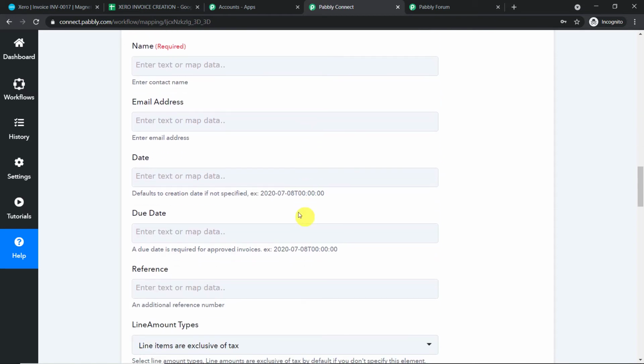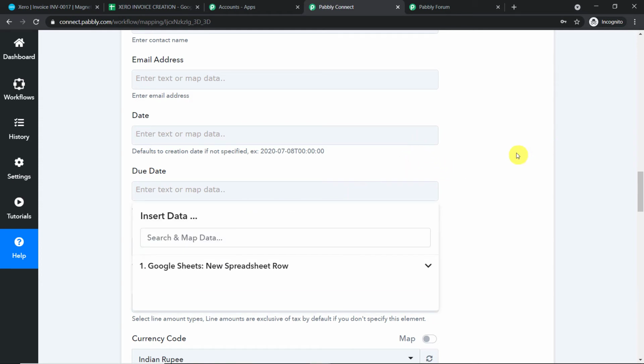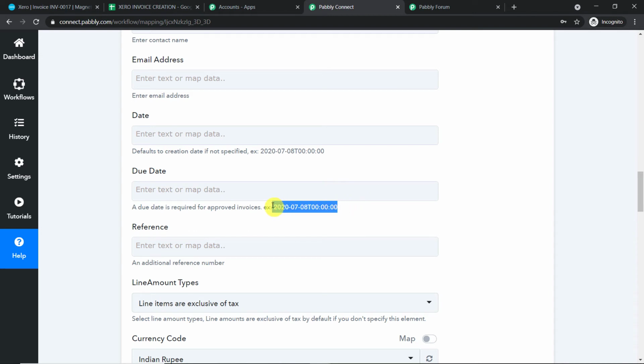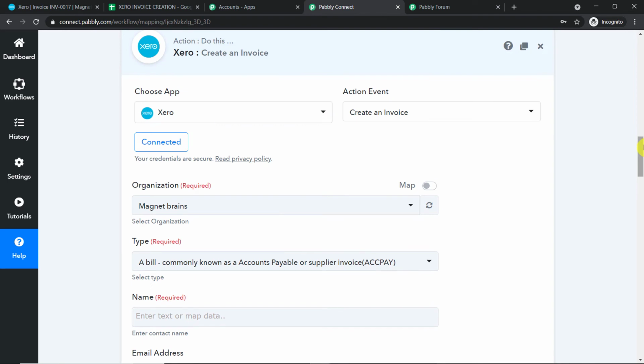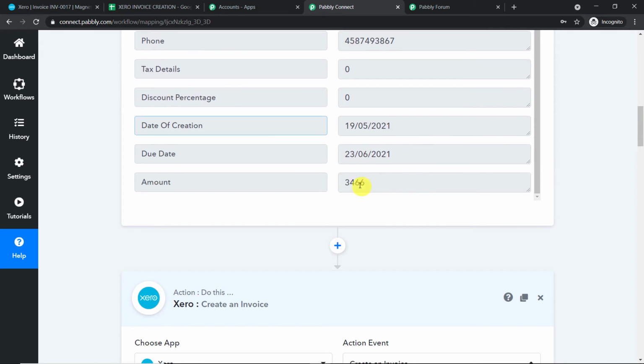Now, before we make some entry, let me just show you something. We have the date of creation. This is the field for mapping the date of creation, and this is the field for mapping the due date. And as you can see, it is demanding a very definite format, and this format is basically a UTC format. Now, the UTC format is something like this. You have the year, month, day, hours, minutes, and second. But unfortunately, the data we have received from Google Sheet, or the data that we have entered in Google Sheet, is in a simple day, month, and year format. So basically, we have to convert both the start date as well as the due date into UTC format. It's actually pretty easy. Let me show you how it's done.